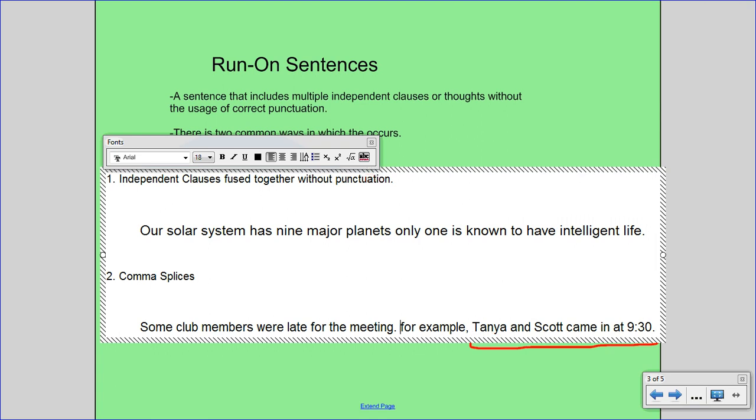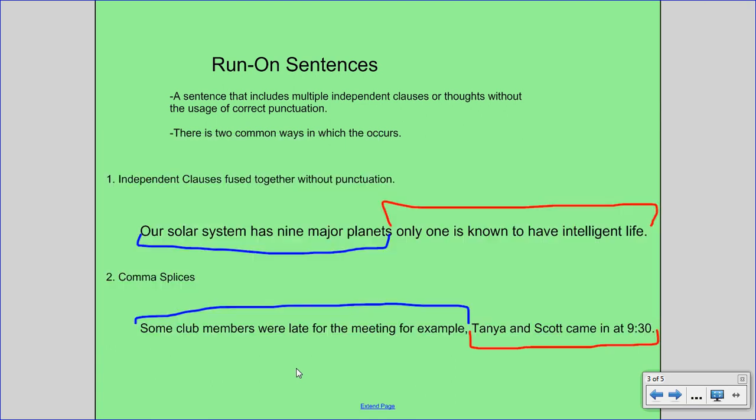We could put a period and capitalize the F to make it 2 separate sentences, or we could put a semicolon, and in this case you'll notice that the comma and the conjunction really doesn't work. Okay, so that option will not work. So you'll have to play around with each run-on sentence that you identify and determine what is the best option